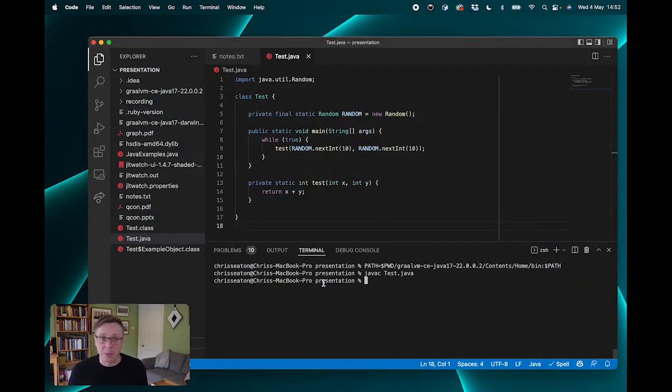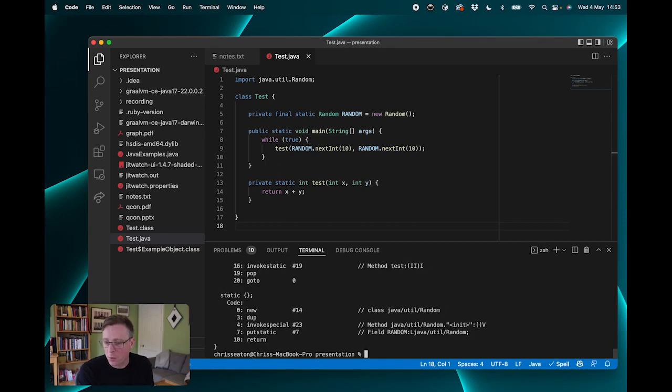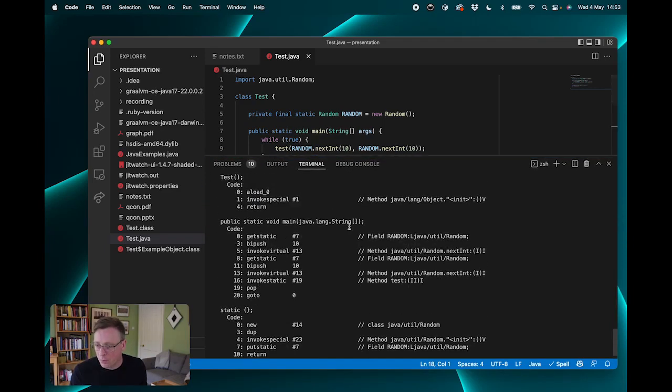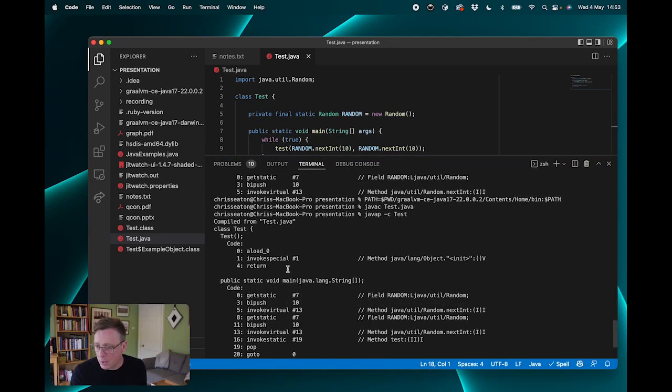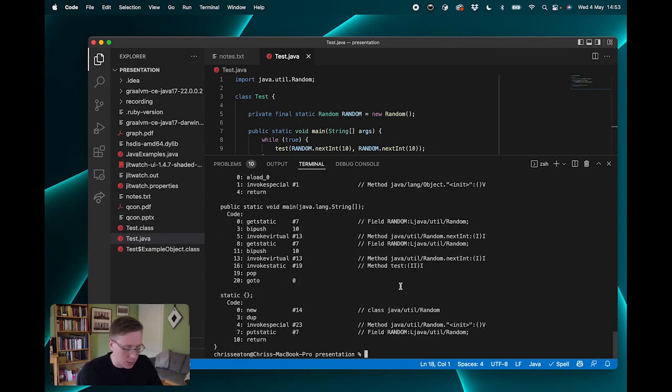Now we already said we compiled to Java bytecode, so that means there's another representation we can use to understand our Java source code. So I'm going to use javap. The command is -c on Test. This will disassemble our Java bytecode from the class file. It's because it's static, isn't it? So I need to do, excuse me,